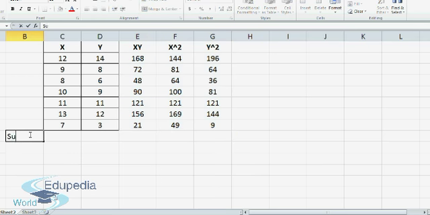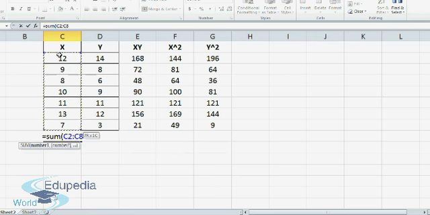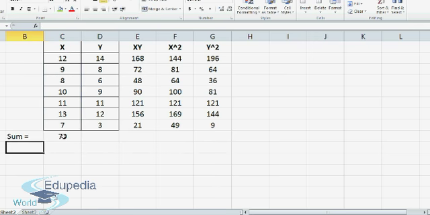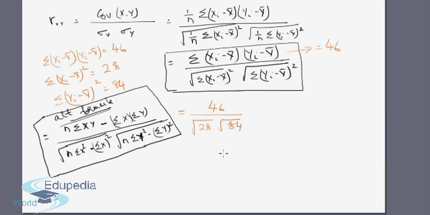I need to find the sum of all of these. The sum of x first, simply the sum of the values here. Next, the sum of y, the sum of x into y, x square and y square. So here we have all the sums. You see that the number of columns has reduced drastically, and then putting them together in the formula here,